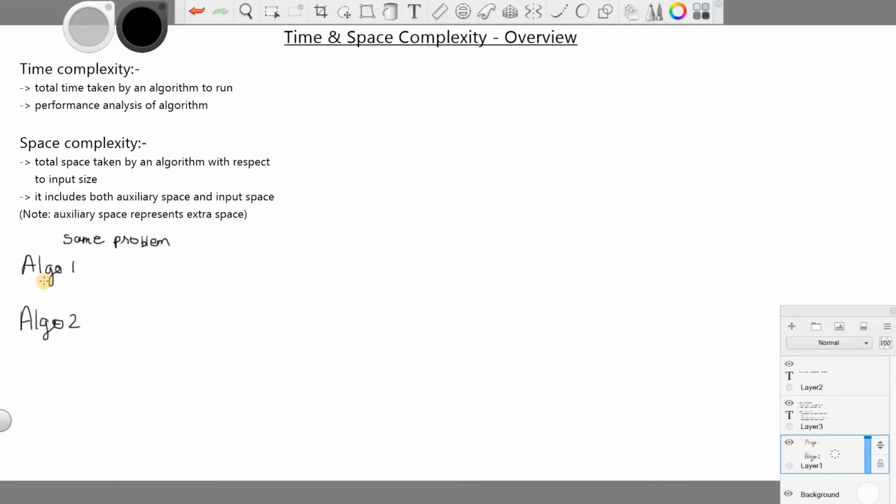I want to choose the best algorithm from these two, so we will compare the space complexity and time complexity. Let's say this algorithm takes 10 seconds to run, and in terms of time complexity, this algorithm takes 20 seconds to run.